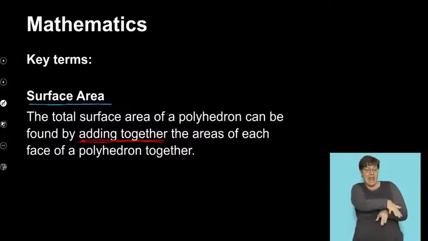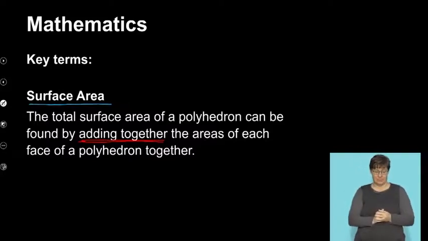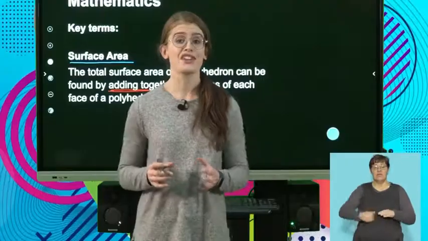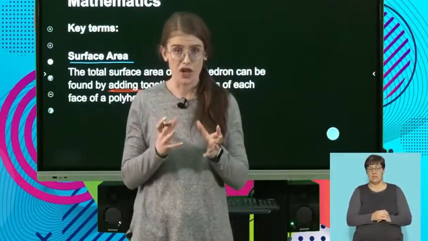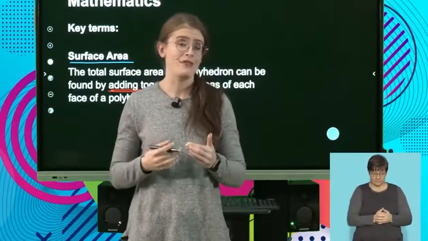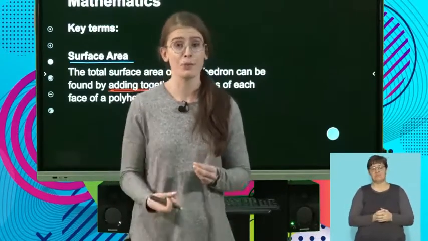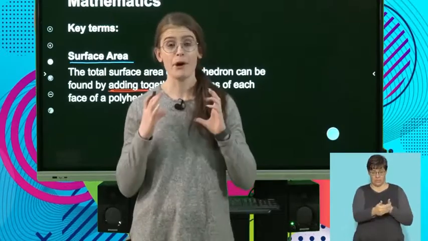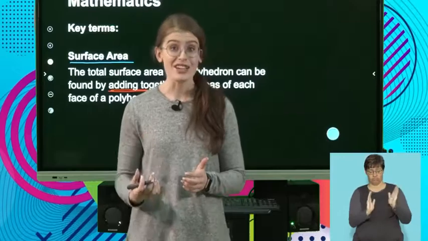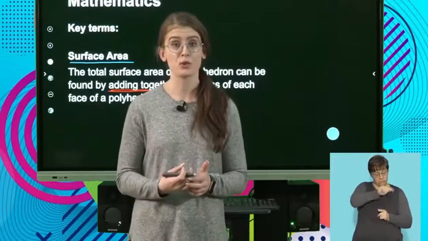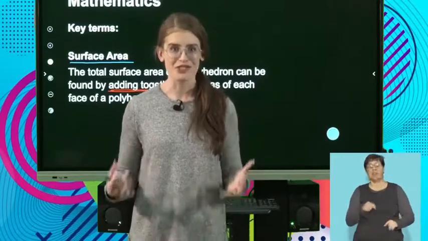So, guys, essentially the surface area has to do with the area that makes up the exterior of the shape. So, for instance, if we're finding the surface area of a cube, I know that the area is made up of 6 external squares. So I would add the areas of those 6 external squares together, and that would be the surface area of